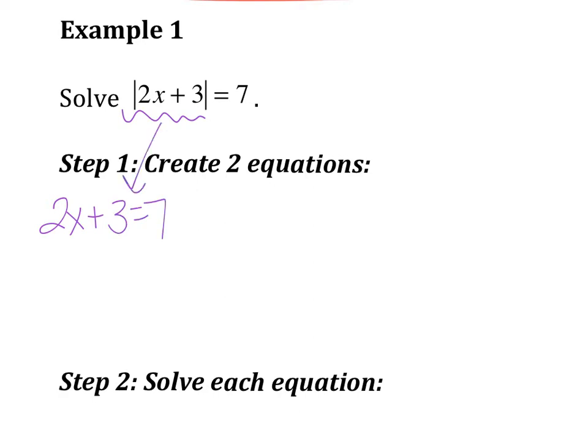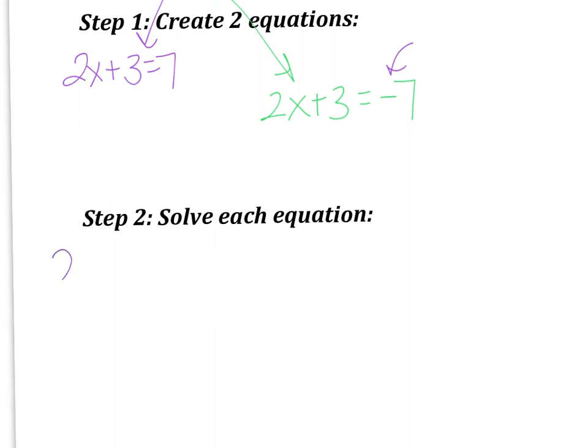This is equation number 1. Equation number 2 is going to be 2x plus 3 equals -7. So notice that you are changing the sign here of that 7. Everything else stays identical. So at this point, we are going to take each equation and we're going to solve